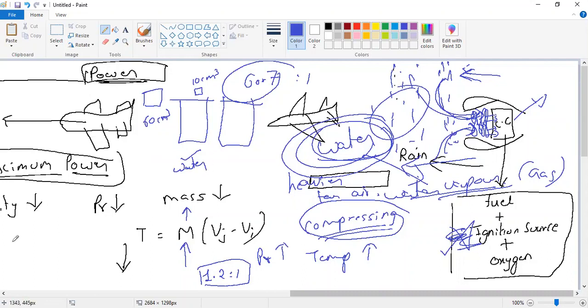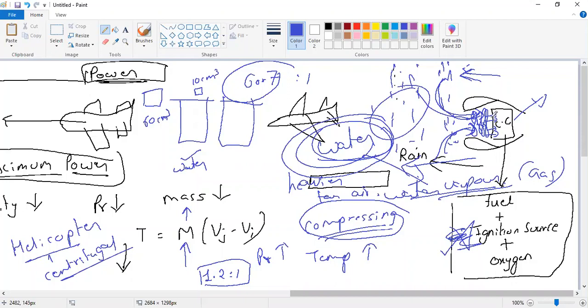Most of the helicopter engines, since they have a small space, they cannot have an axial flow compressor engine. Their engine has to be smaller. So most of the helicopter engines have a centrifugal compressor. But we have seen that helicopters fly in the rain. Understood? So what you need to understand is when the air is passing through the jet engine, because of the rise in the pressure, it will get converted into gas.